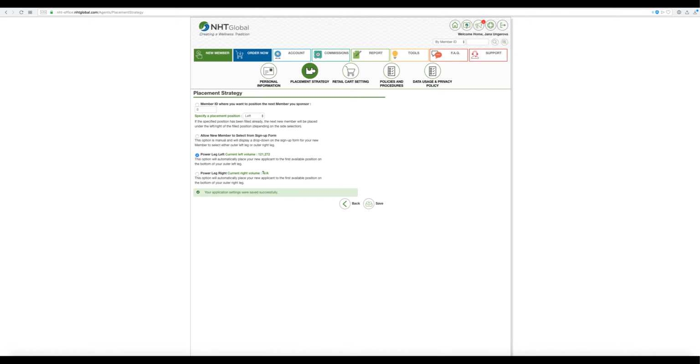So I want to have volume, new volume coming into this right team. So in that particular case, I would simply just want to choose that option. Now, there are sometimes reasons why I would want to use this option, and that is, for example,